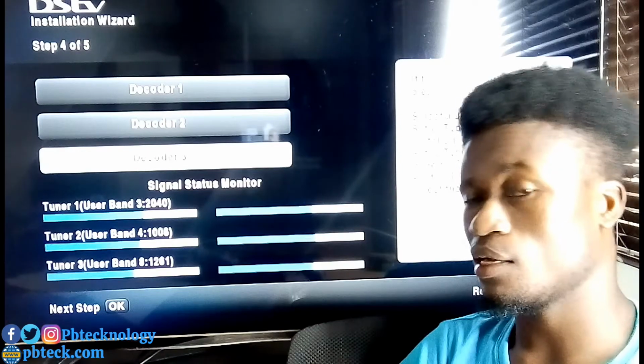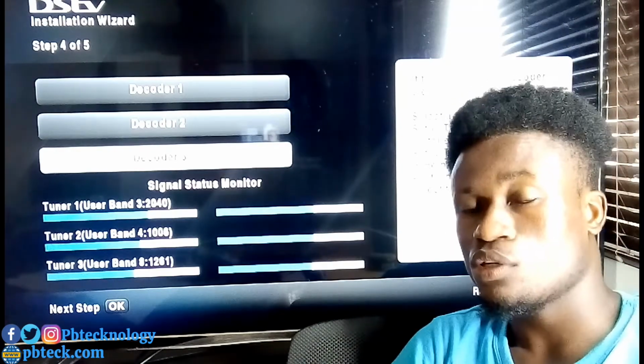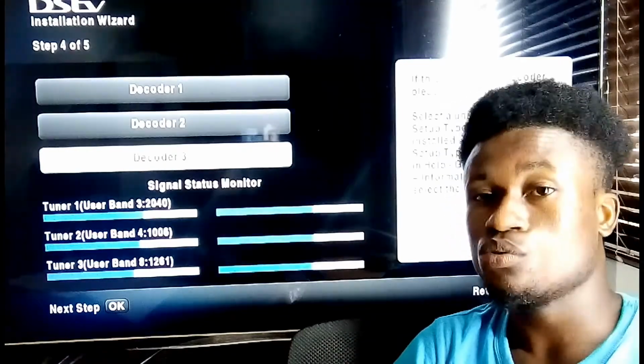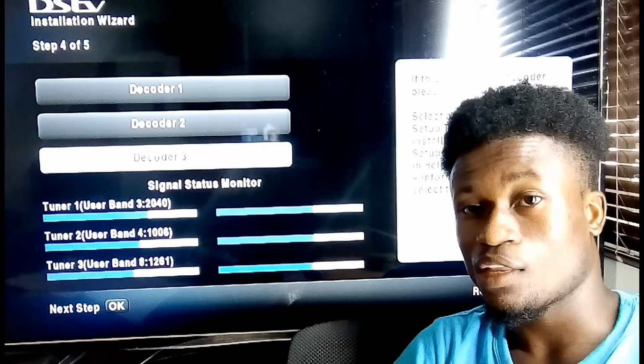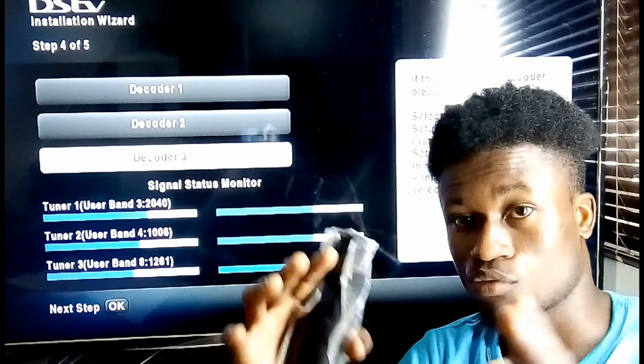After scanning your decoder, that's when you need to call the DSTV office, and give them the details of your decoder, which will be your IUC number and the serial number of your decoders, for them to link them for you.